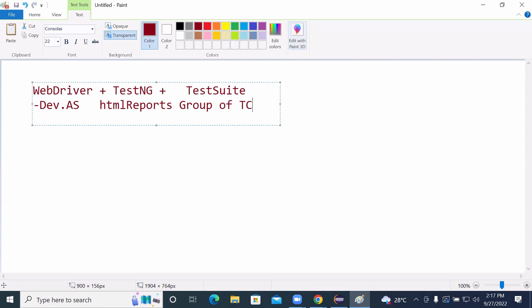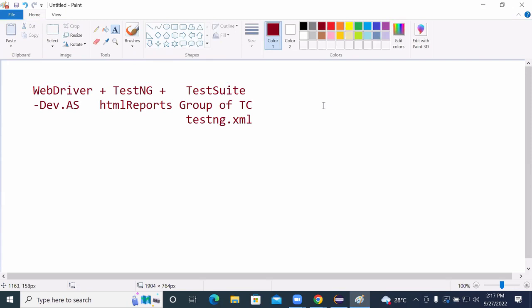This TestSuite, how can we implement TestSuite? If we take TestSuite, how can we implement it? Taking the help of an XML file. While creating the XML file, you can provide any name here. It doesn't make any problem. As simple as that, the TestSuite we are implementing with the help of an XML file. So for our existing framework,